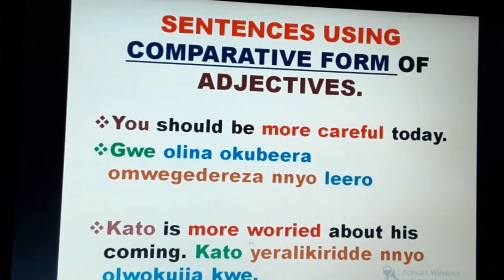Okay, let's proceed. Kato is more worried about his coming. And this in Luganda is